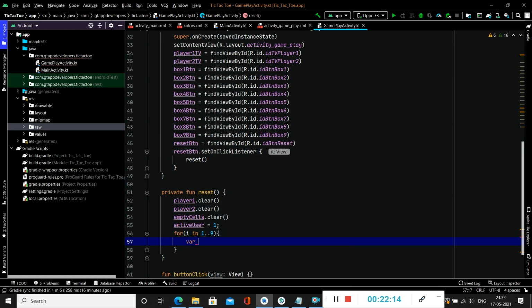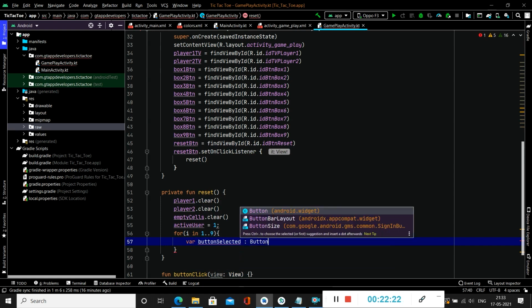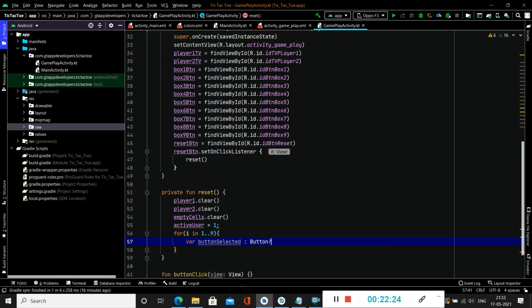Here we will create a variable, button selected, and initialize it with the data type as Button. And here we will add a case for each button index, and this is the index for all the box buttons.